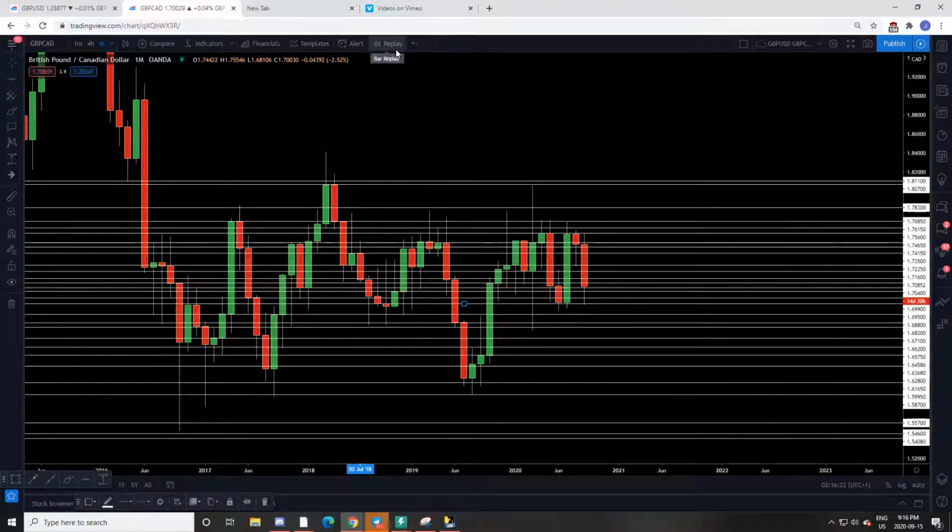Okay, so now that we understand some of the macro structure, that sellers are in control, some of the key price point areas that buyers have failed to break for multiple years, some of the macro impact on GBP and some of the macro impact on CAD, like the boost from oil and how GBP has its seller pressure on it, let's just technically observe how price action has played the last couple of months through these key levels.